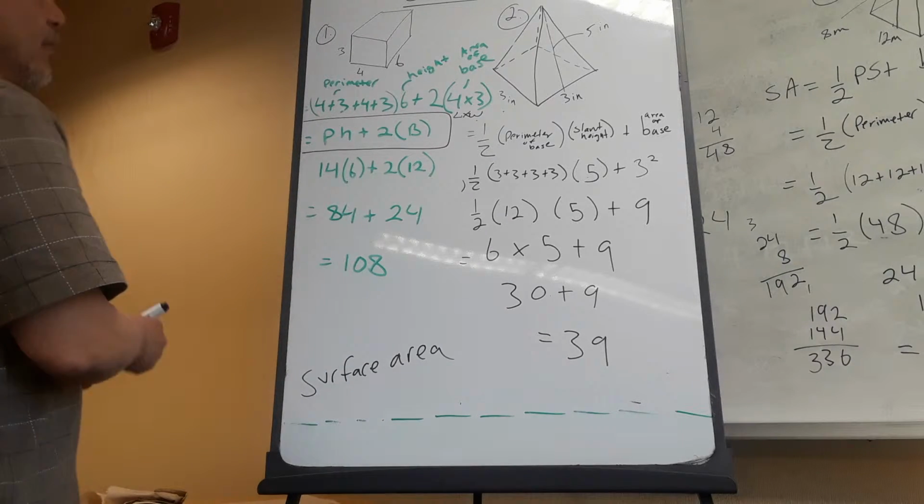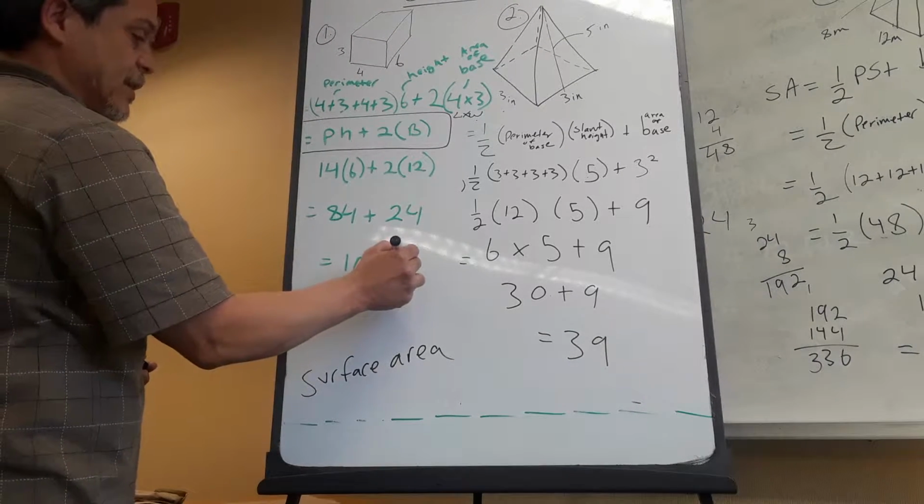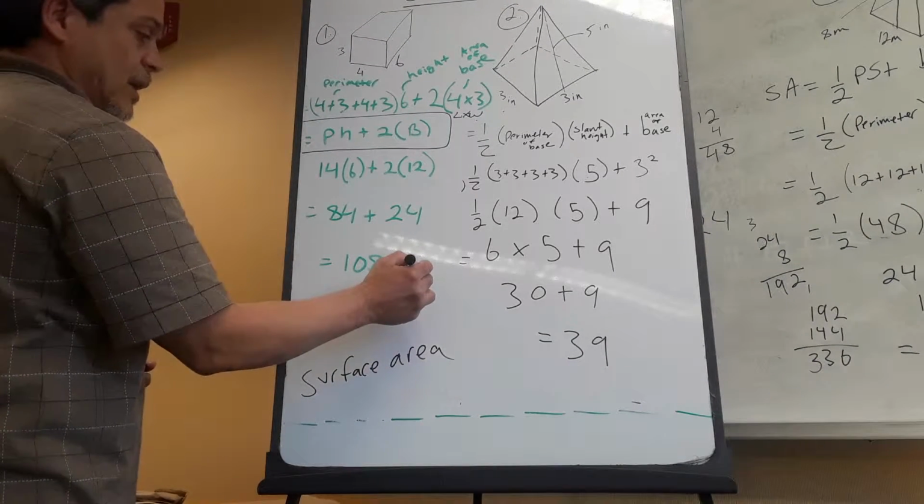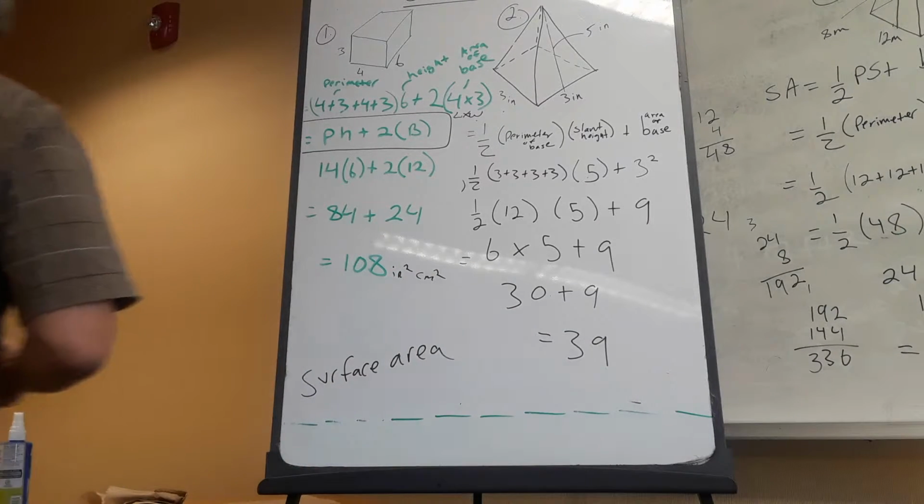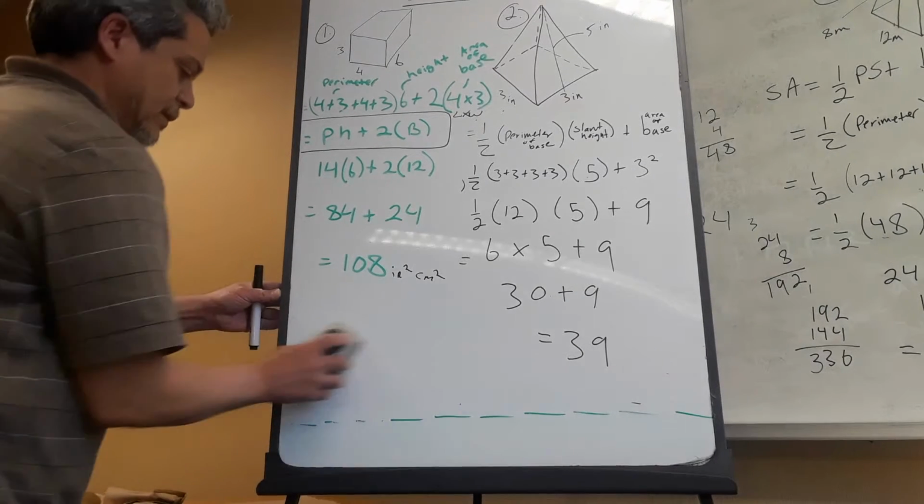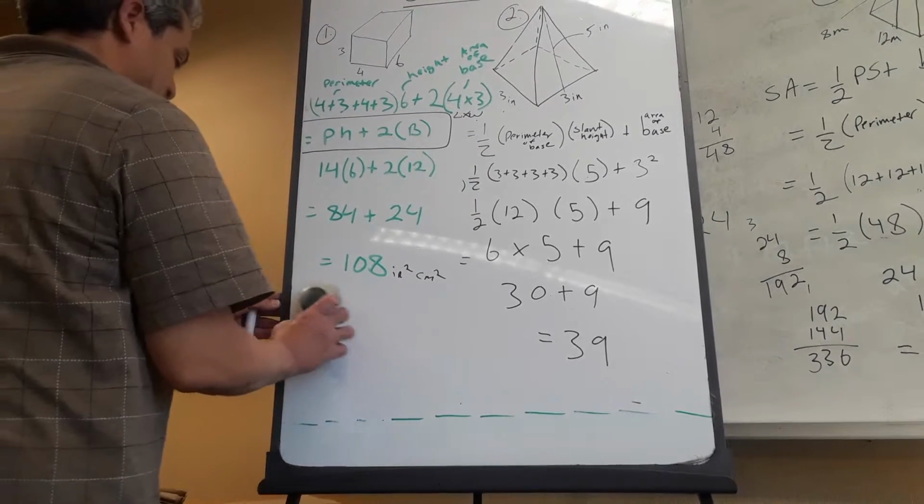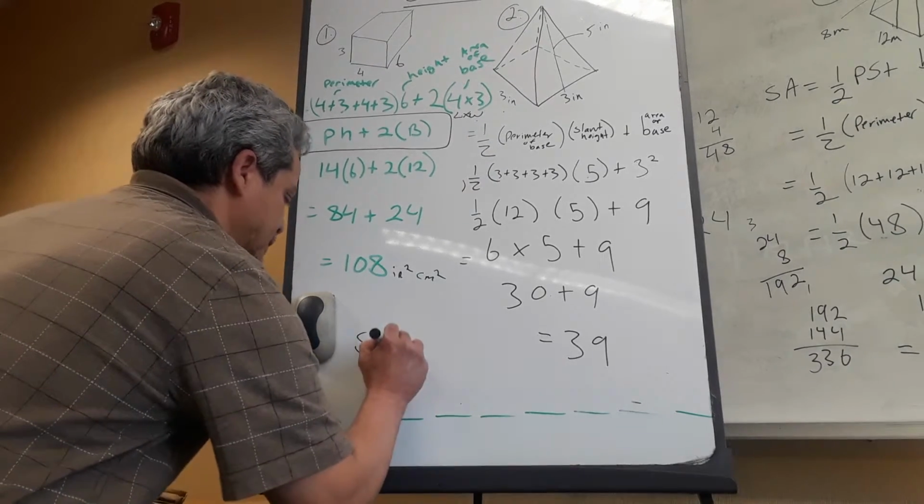So again, we're dealing with surface area. Area, if it's inches, is square. If it's centimeters, it's square. Whatever it is, you're going to square it, because you're dealing with area. Okay? All right. So now let's move on to the surface area